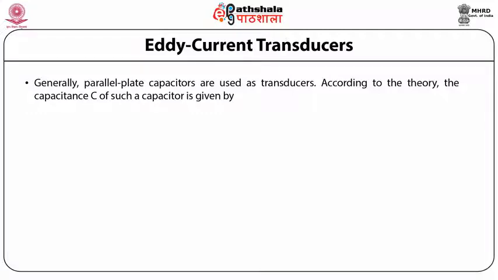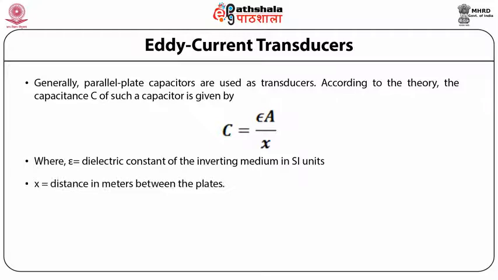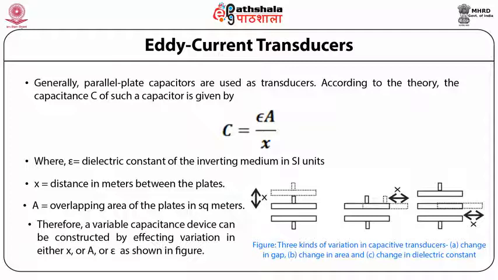According to this theory, the capacitance C of such a capacitor is given by C equal to epsilon A by X, where epsilon is the dielectric constant of the intervening medium in SI units, X is the distance between the plates in meters, and A is the overlapping area of the plates in meters square. Therefore, a variable capacitance device can be constructed by affecting the variation in either X or A or epsilon as